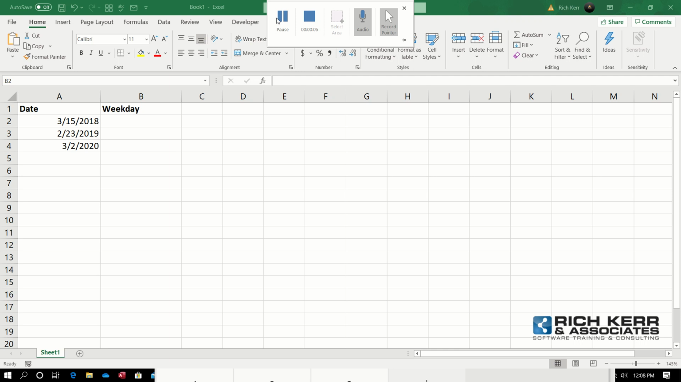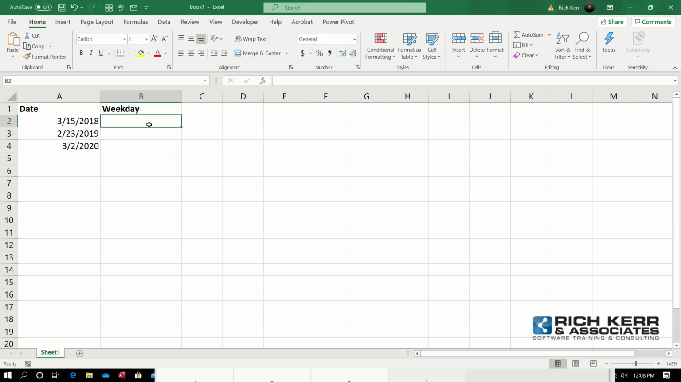In this scenario, I'm going to demonstrate how we use the text function to generate the name of a day, Monday, Tuesday, etc., based on a date value. The text function is really powerful and flexible because it lets you take a value, in this example a date value, and then specify the format that you'd like to see